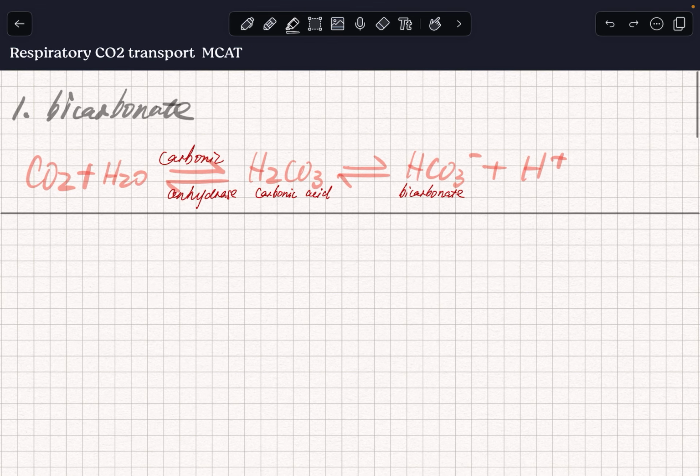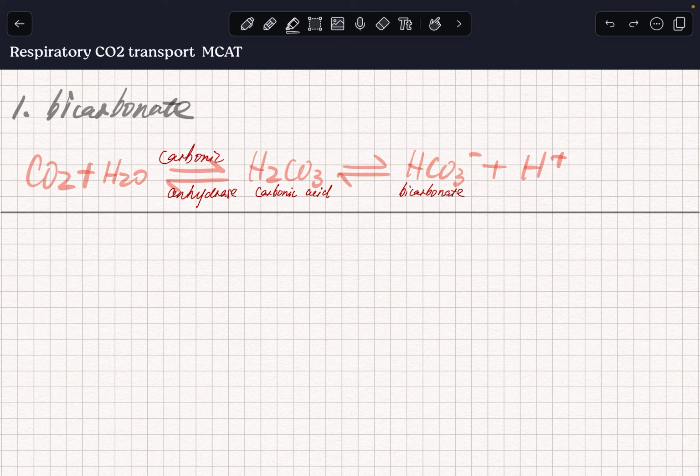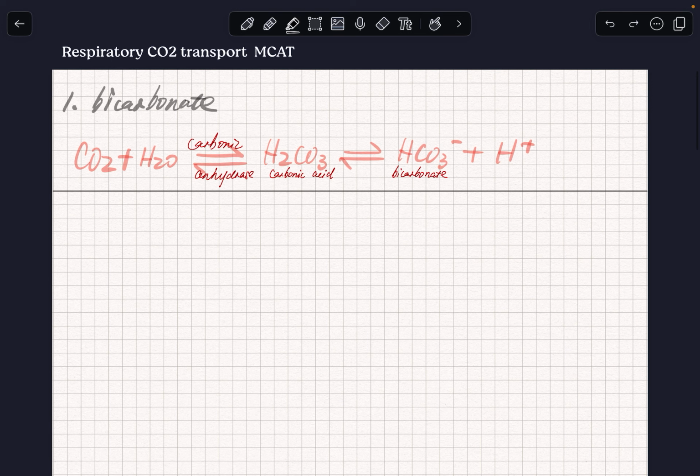And then the enzyme carbonic anhydrase catalyzes the reaction. We form carbonic acid. And then it's a reverse reaction. And then the carbonic acid, it's an acid, right? It will break into bicarbonate and a proton. And this is also reversible. That's all they tell you, and then you're so confused. So what, right? So today I'm going to hold your hand, babysit you, and talk you step by step through